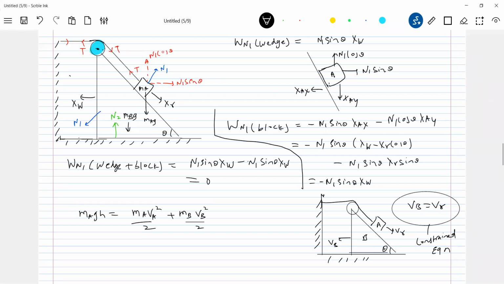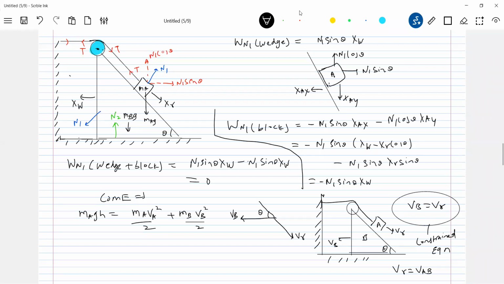So can we calculate the speed of A? I think we have to go for a vector diagram. What does the vector diagram show? V_B like this. This is the direction of V_B bar and this is V_R bar. This is the angle theta. Now I should conserve mechanical energy, no? Because only the weight is doing work. Based on what? Conservation of mechanical energy. Decrease in potential energy of block A equals increase in kinetic energy of block and wedge. But we don't know V_A. So again, I'll go for this V_R. What is V_R? V_R means speed of the block A with respect to B.